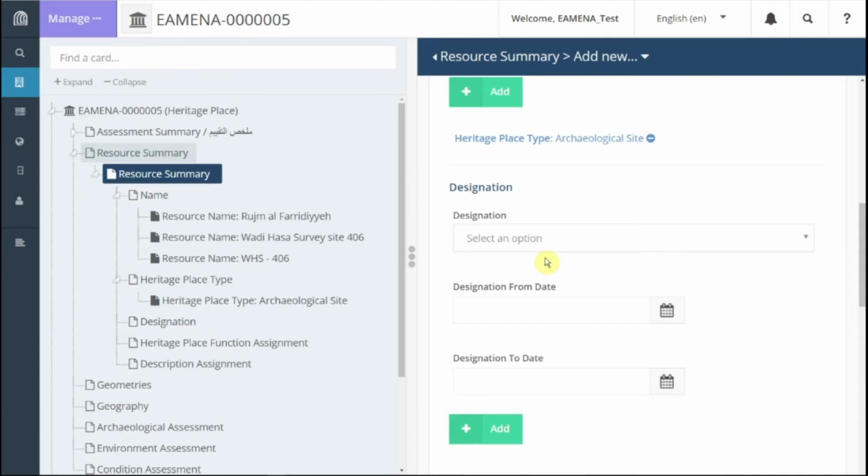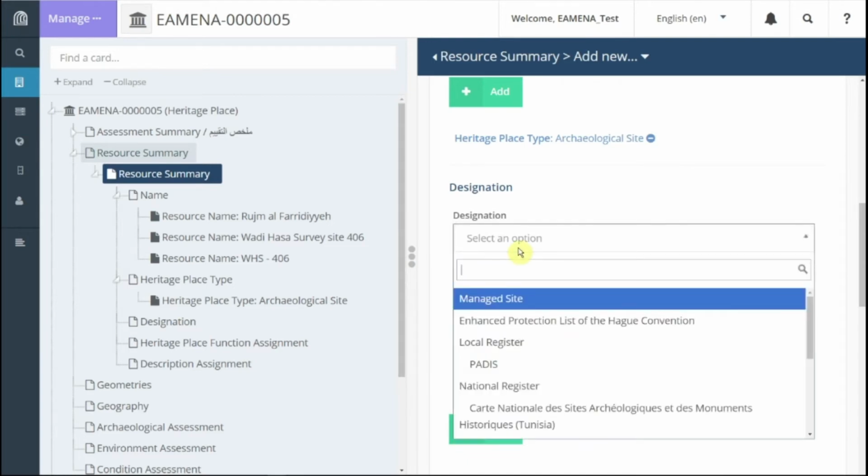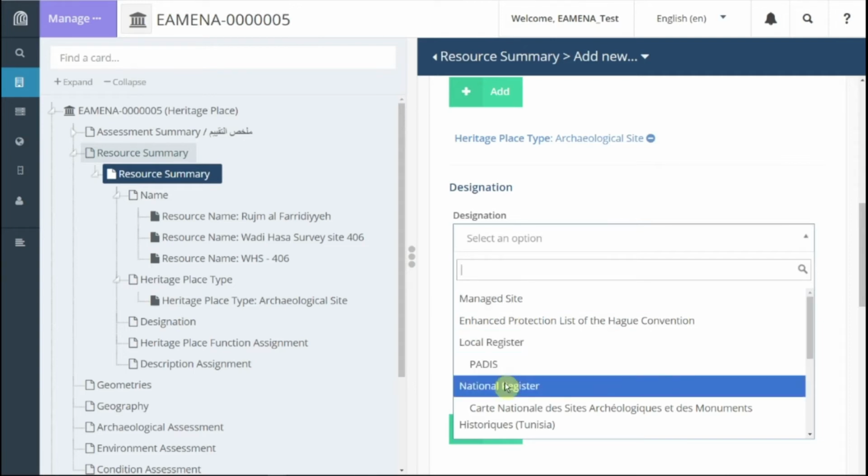Designation consists of 3 fields: designation, that is a drop-down menu, and then 2 dates: designation from date, designation to date. Click on designation and choose the correct designation from the list. If a site is known to be on some form of national register, but no further details are known, you should choose the generic national register and enter